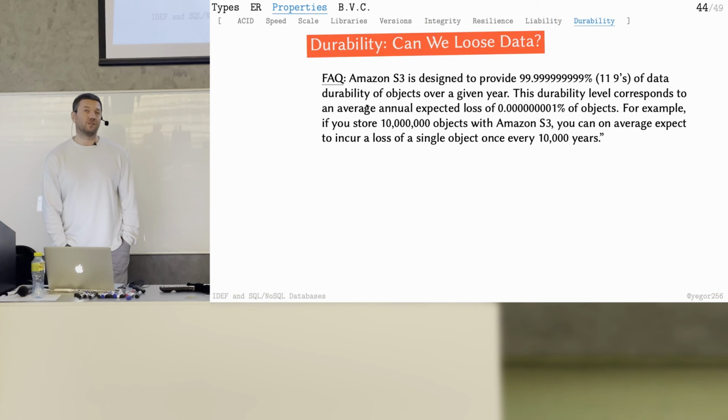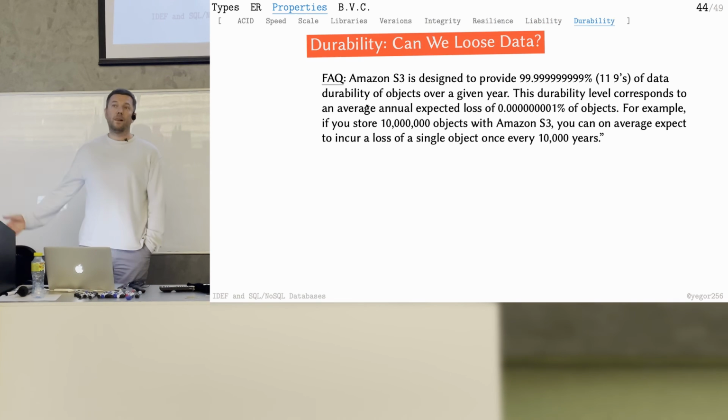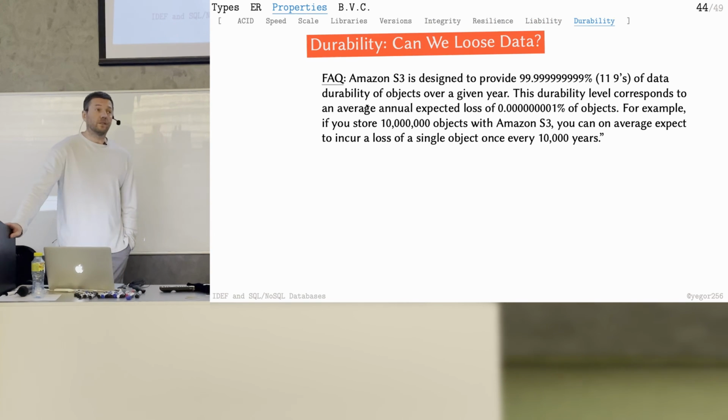So pretty much, well, it's a promise, of course. I got it from their website as well. There's a link on the FAQ. That's what they promise. This is called durability. So durability is measured by numbers, like availability, but durability as well. It's a very close term. That's it, I'm finishing with the data.